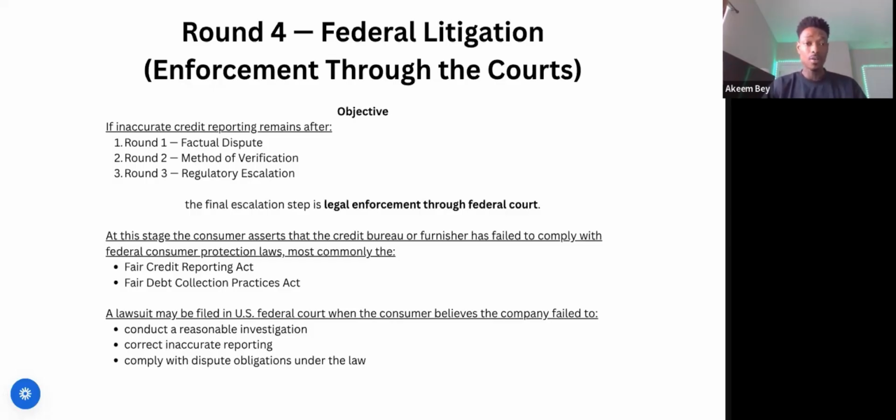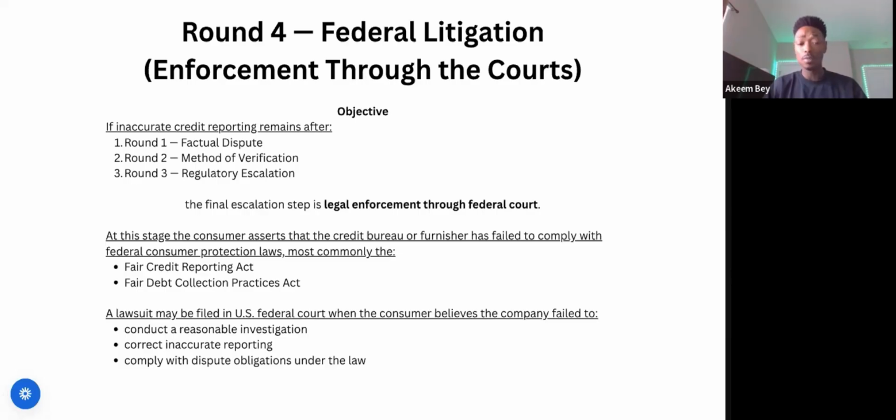So if inaccurate credit reporting remains on your credit report after round 1, factual dispute, after round 2, method of verification, and round 3, regulatory escalation, then the final escalation step is legal enforcement through the federal court. And at this stage, you want to assert that the credit bureau or your furnisher has failed to comply with federal consumer protection laws, most commonly the Fair Credit Reporting Act and the Fair Debt Collection Practices